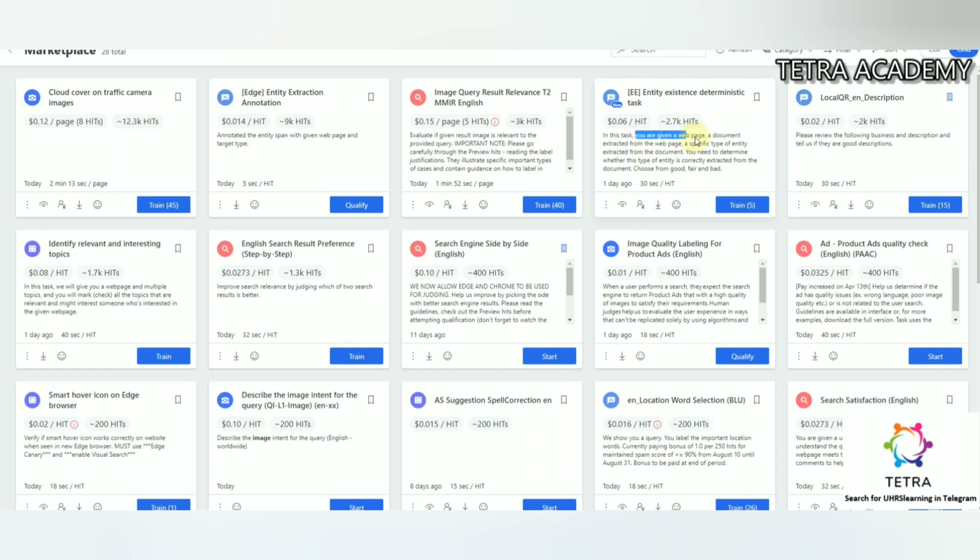you are given a web page. Remember, we have a web page, and a document extracted from the web page. It means a document is also available for the same web page. In our query we have a specific type of entity which is extracted from the document. You need to determine the type of entity